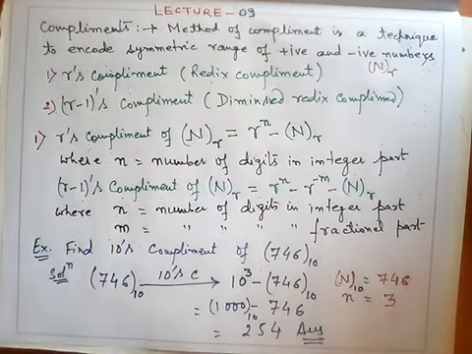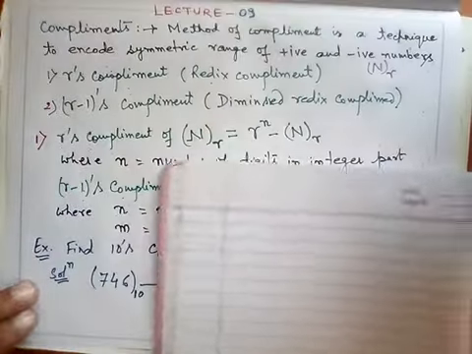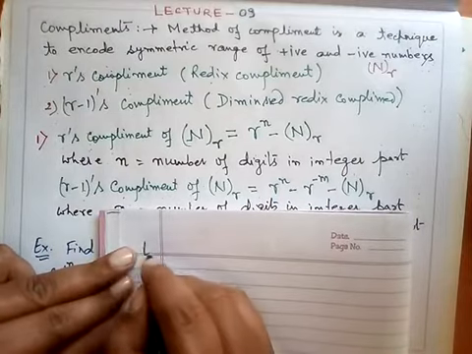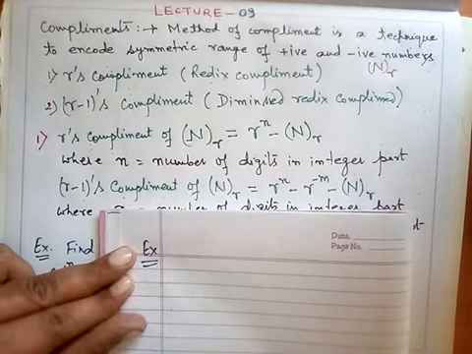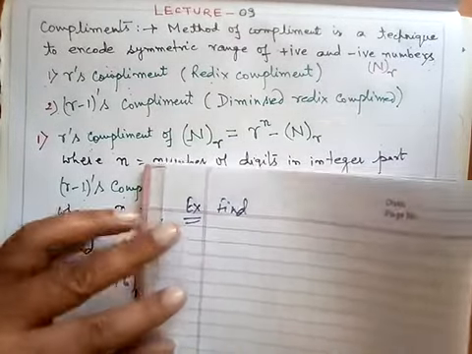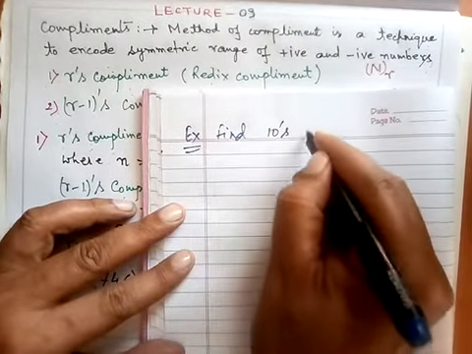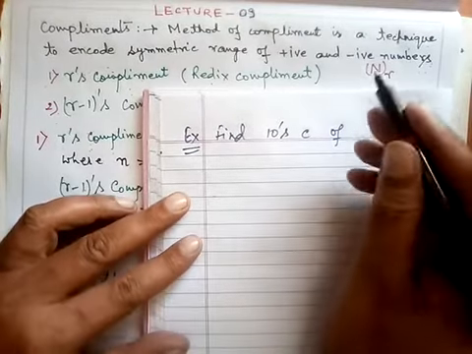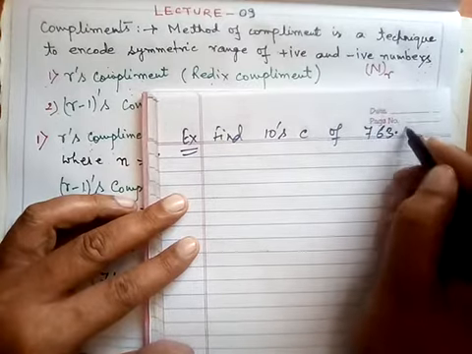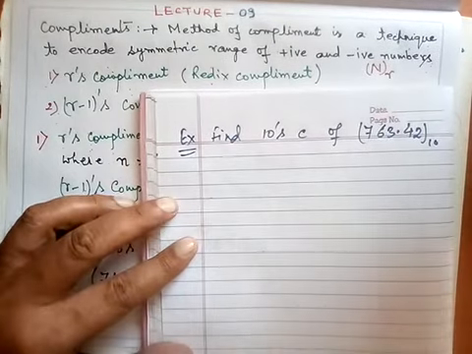Suppose I say, let's do it in rough, as a problem for you, so that I have this. If I turn the page, I'll not be able to see the formula. Suppose I say next example here. Another example. Suppose I say find the tens complement, tens C, of another number. Suppose it is 763.42 in base 10. Now it has been asked to find the tens complement of this.